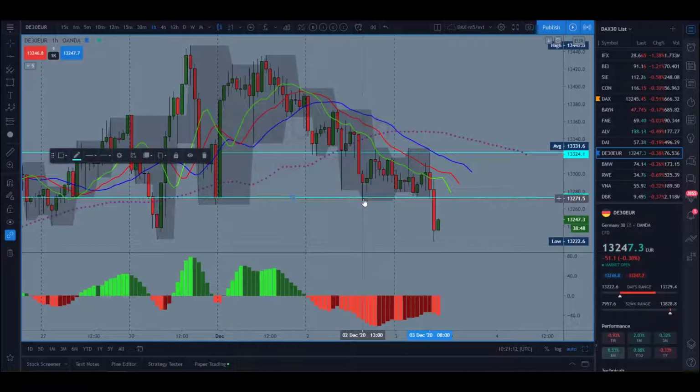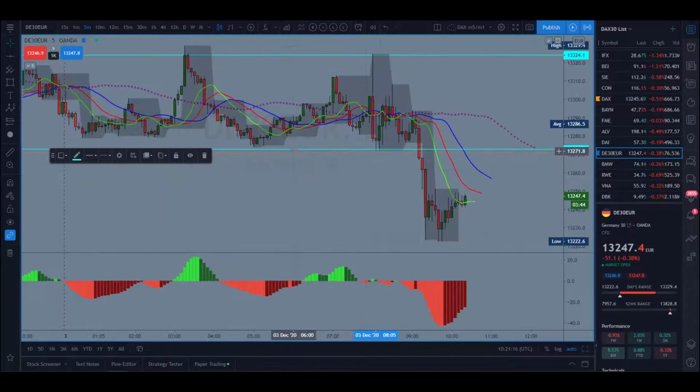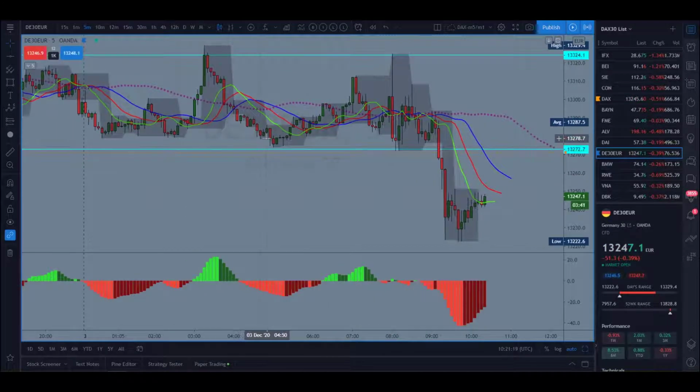So at this point, when I put this level, I had to go to the M5 chart to see what price does to it in the future. As you can see, today it bounced against it and then came back to it, and that's what gave it importance. If it actually crashed through it, then it was no level for me. So a level gains importance as you keep watching it and price keeps coming to it, and the more price reacts at that level,